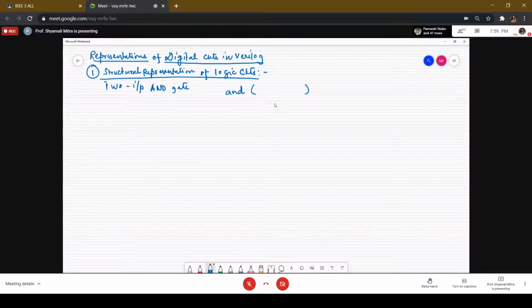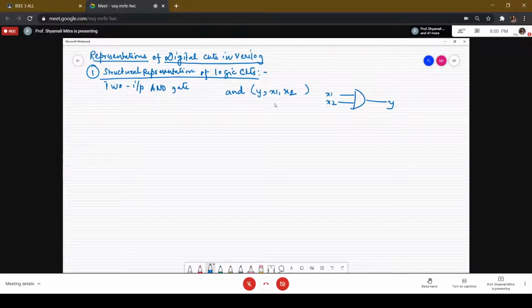Suppose X1 and X2 are the two inputs of your AND gate, and Y is the output. In structural representation, we write AND (Y, X1, X2). Is this clear?